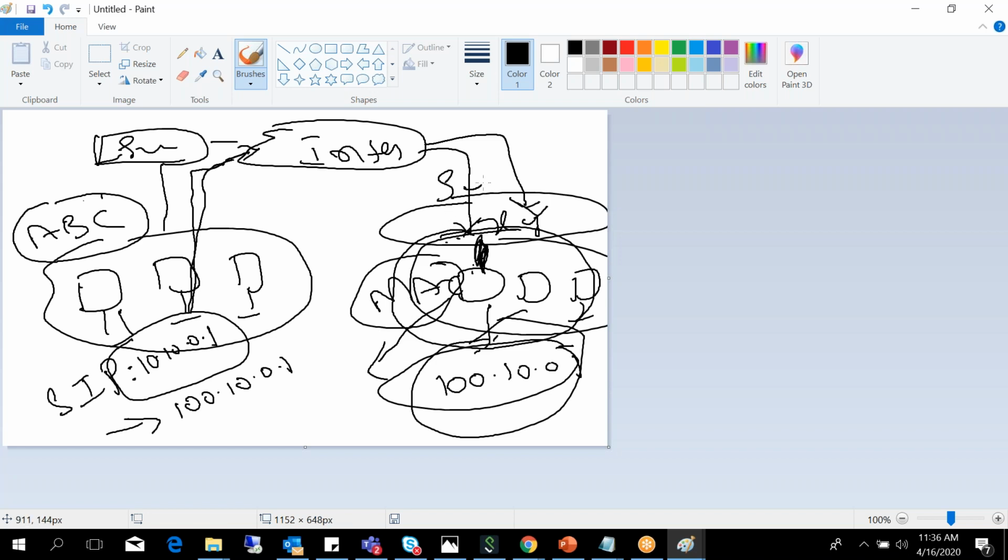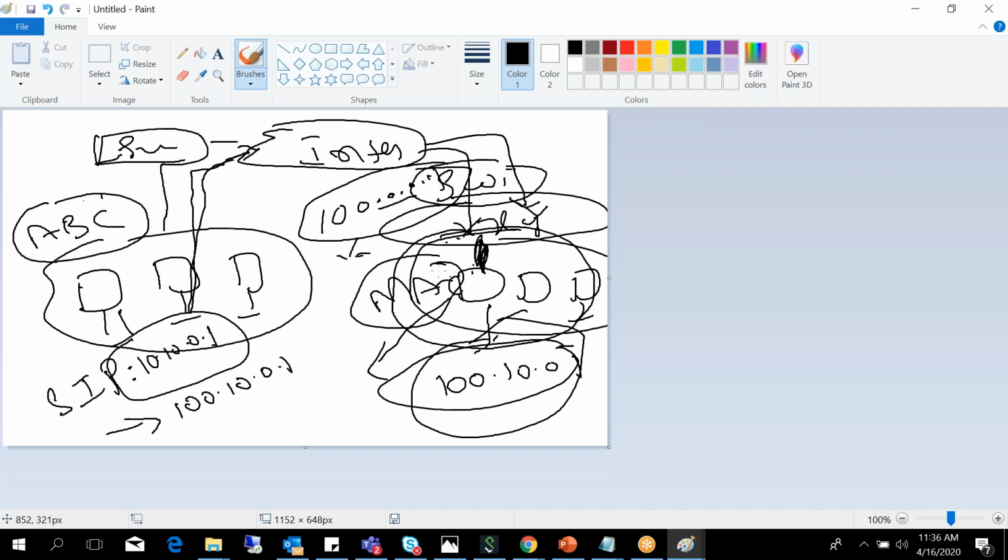What happens here is the switch will identify which machine belongs to which IP address, like 100.0.0.1.